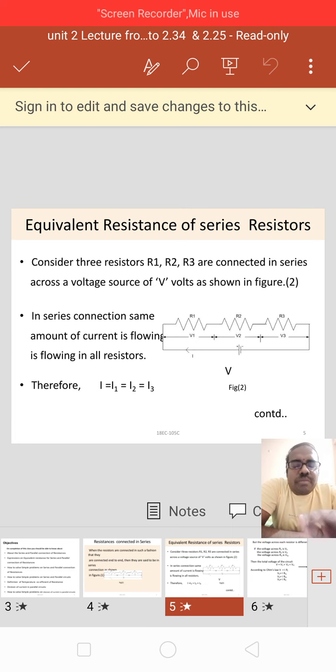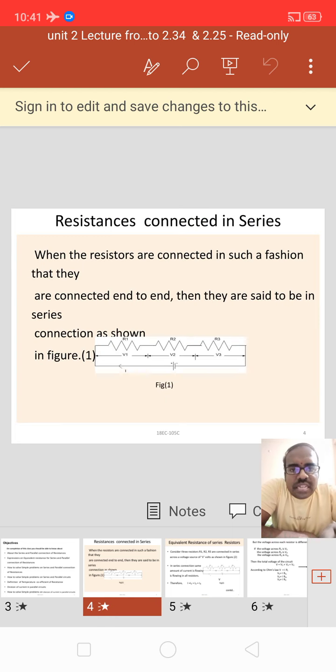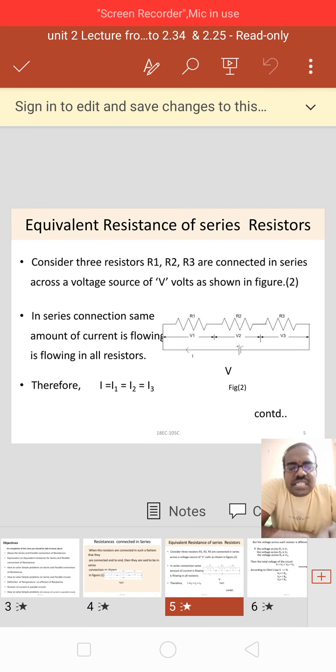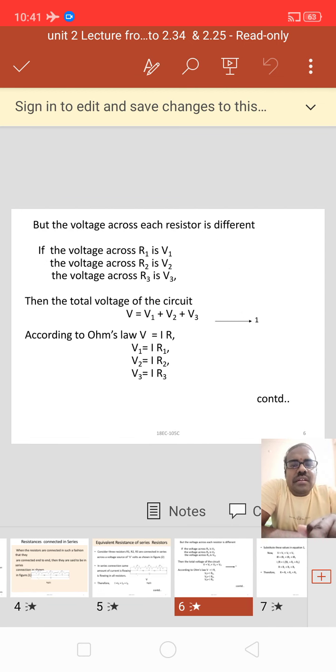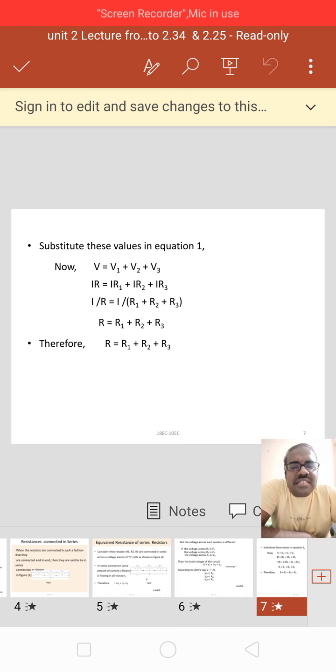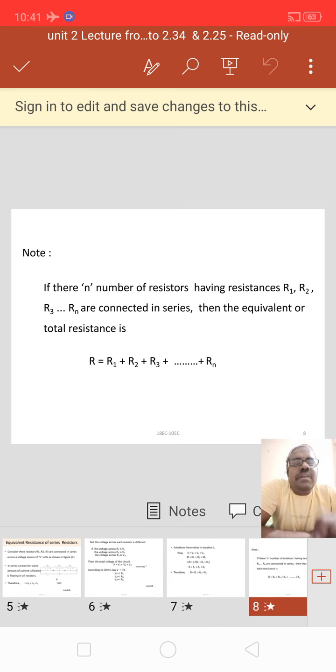Okay. We must remember the derivation of the resistance connected in series and resistance connected in parallel. By remembering these formulas and the derivations, we simply find out the values of problems given in the circuits. Okay, series means current is same, parallel means voltage is same. In division of current, we must know the opposite resistance, the total resistance present in the circuit and the total current present in the circuit. When we know these three, we can easily find out the value of the current flowing in each branch of the circuit.